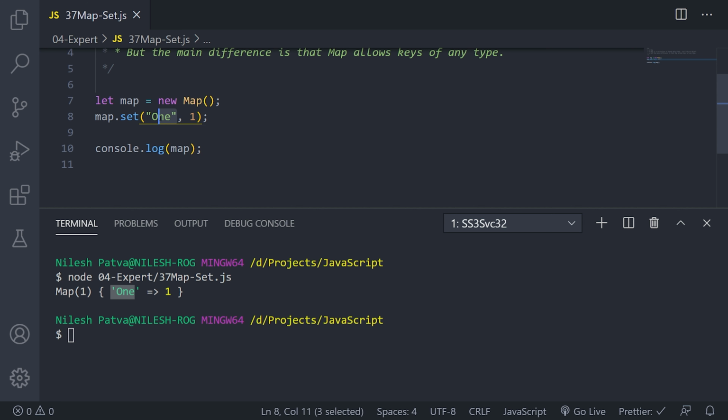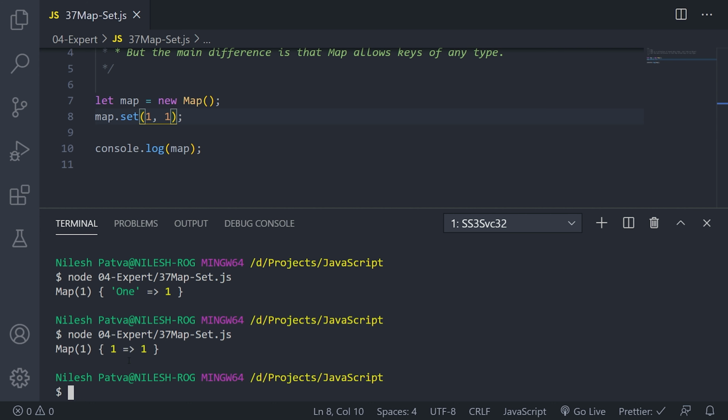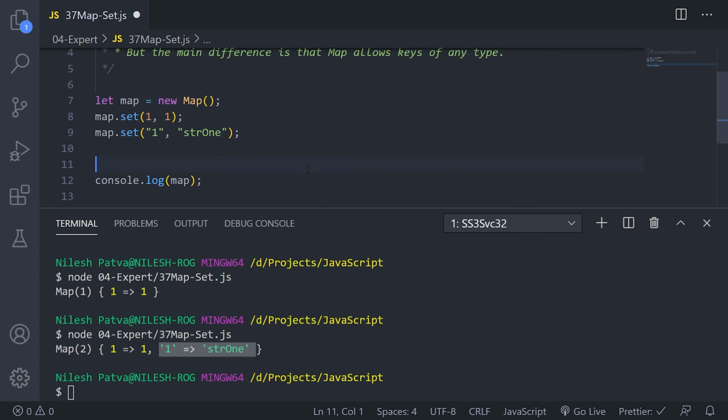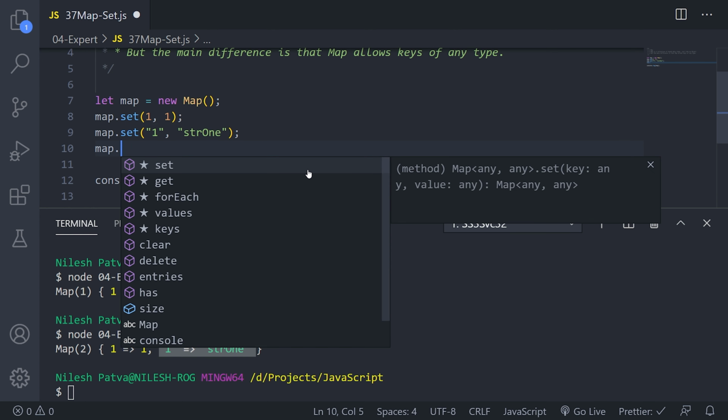Let me show you. If I save this and run it again, you can see 1 1. And if I set something like this, 1, right? If you log this out, you can see I have two different entries inside my map. So that is how you can use any sort of data type as a key.